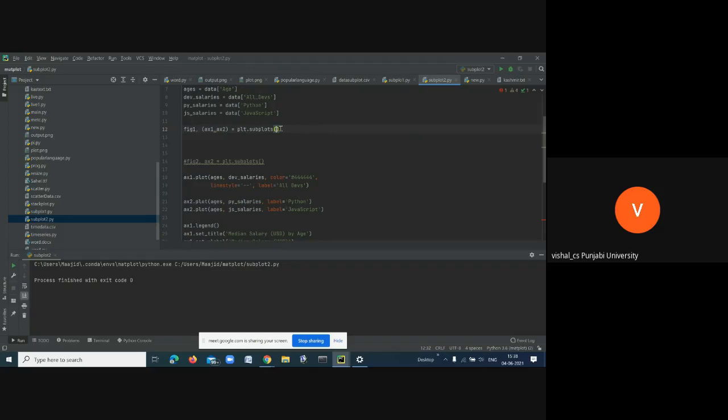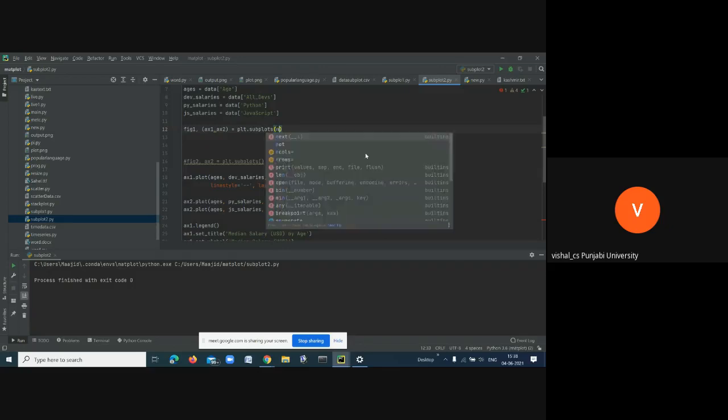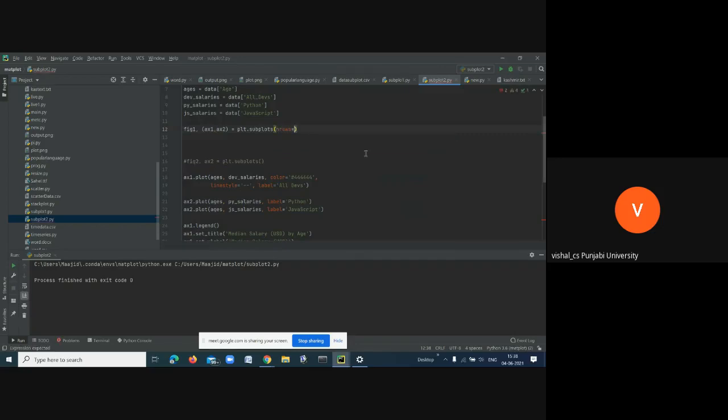Okay, so what will I do? I will simply write n rows, and suppose it can be 2, and after that I will write n columns, and it can be 1.